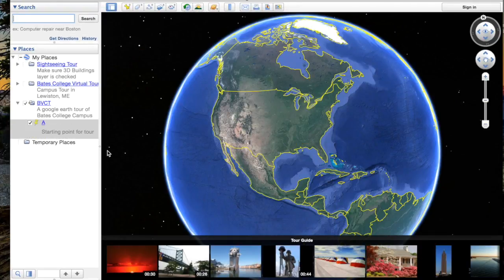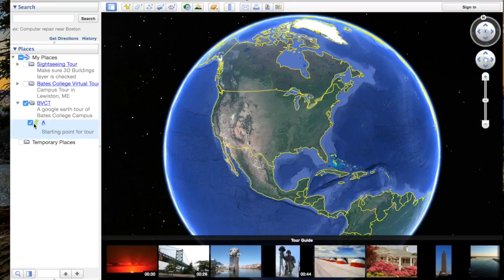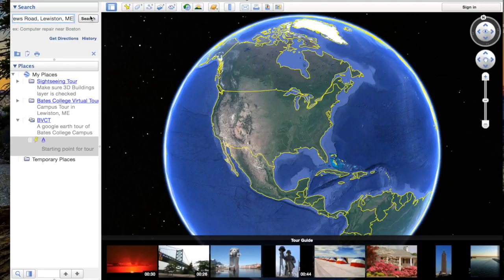We'll call that OK. And if I want to actually set this as the default view for my first thing, I go down here and I click snapshot view. Okay, awesome. So now let's actually get to Bates College. Go ahead, you search that up,